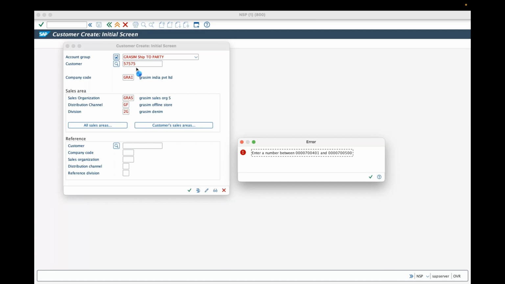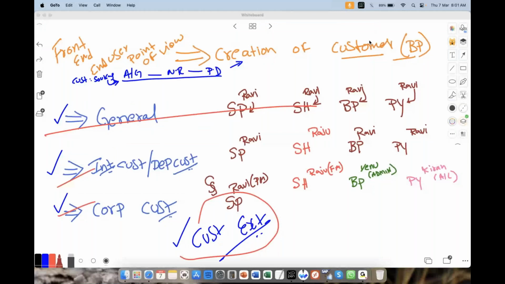You need to enter only that number which you have been customized. We can enter only that number. I mean, we can only enter a number